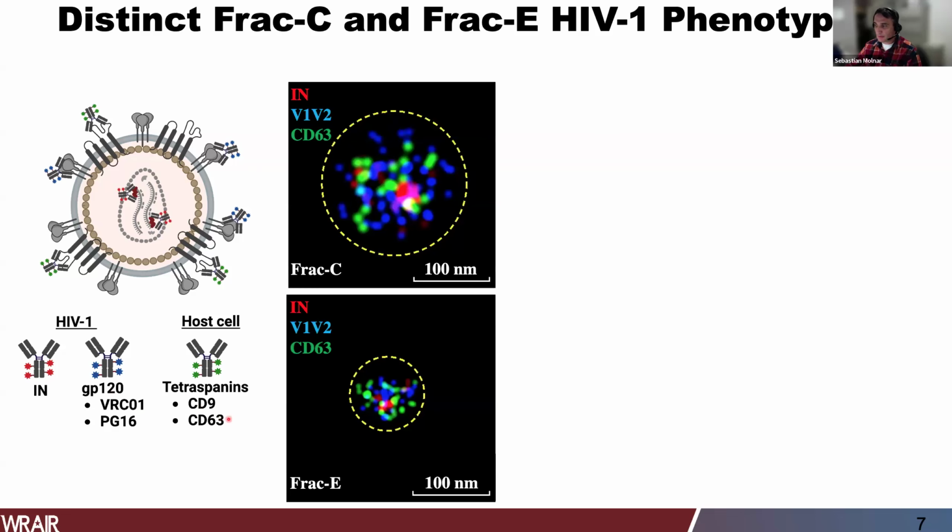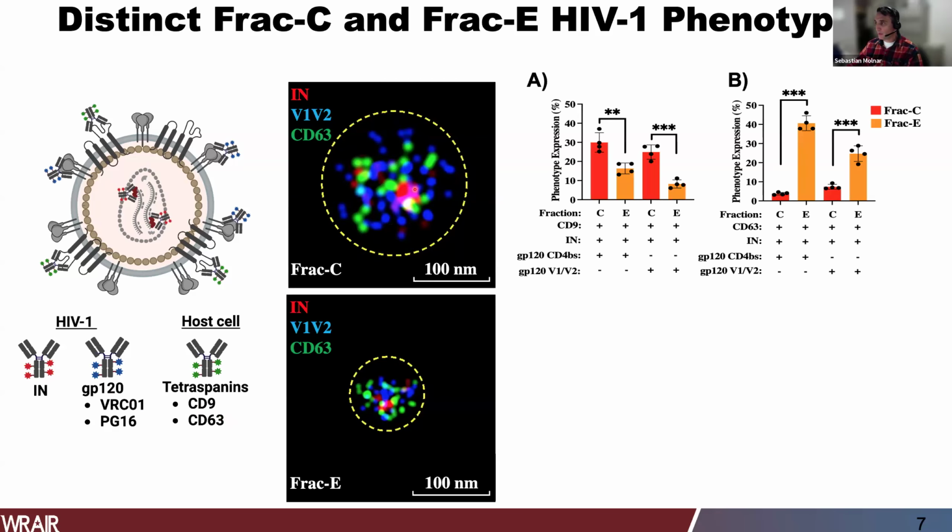And here are two representative images, on the top of fraction C, on the bottom of fraction E, where we can appreciate the co-localization of these markers, which also indicates size differences. Also, the integrase in red is centrally located, and the tetraspanins and GP120 proteins are all spread around in a concentric fashion. When we looked at the statistical analysis of the results in panel A, we observed that